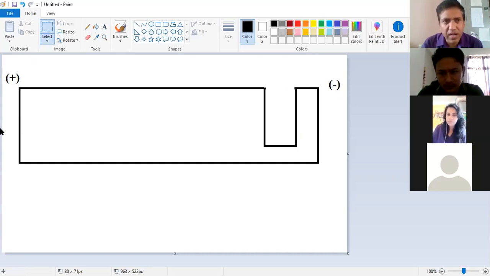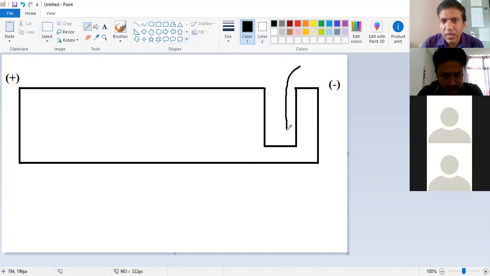Now if you load the DNA there, what will happen? Your DNA should settle down into the bottom of the well. This depression in the gel where the DNA is loaded is called the well. But practically, because the DNA has very little density, its density is less than water,